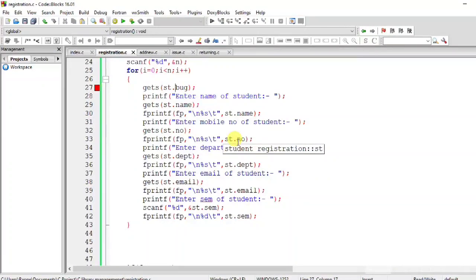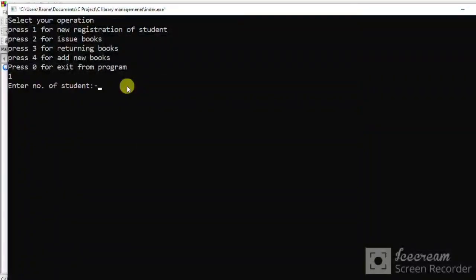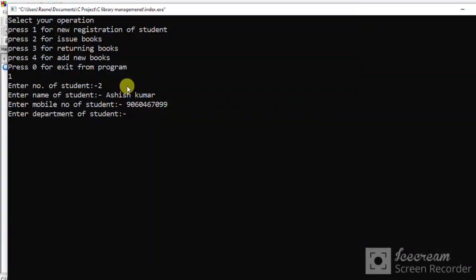Now build it. Yes, it is running properly. Now run it from index.c. Here press 1 for registration. Let's do a student, enter the name of a student like Ashish Kumar, and mobile number, and department MBA, email,